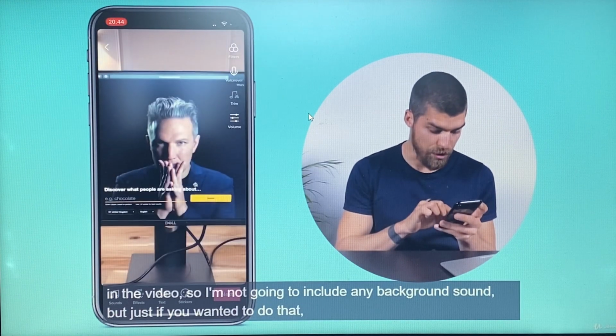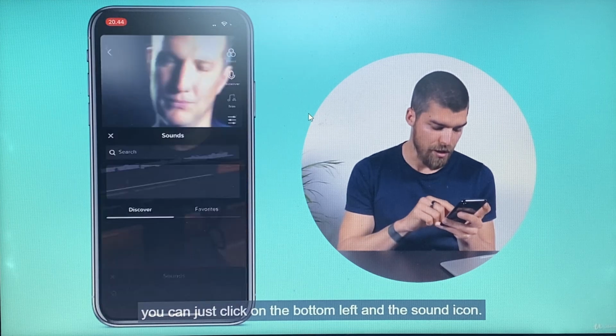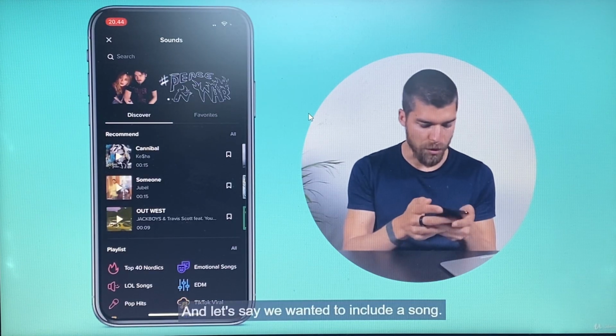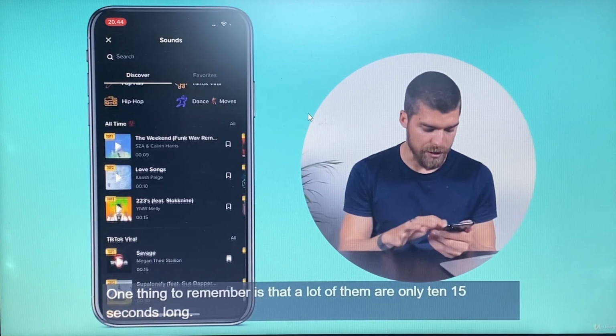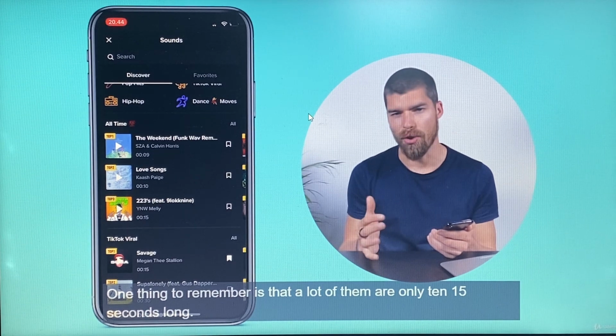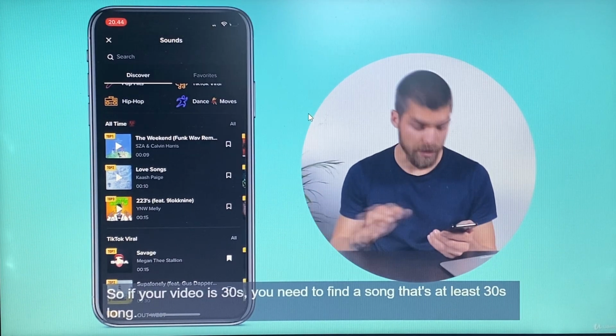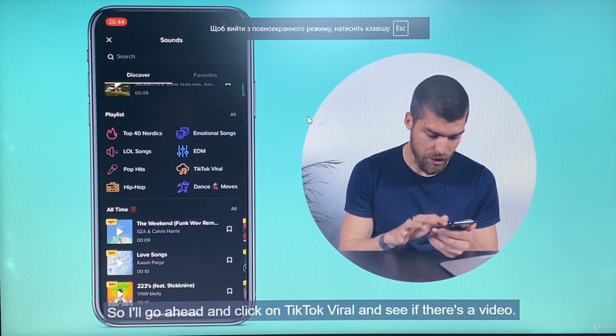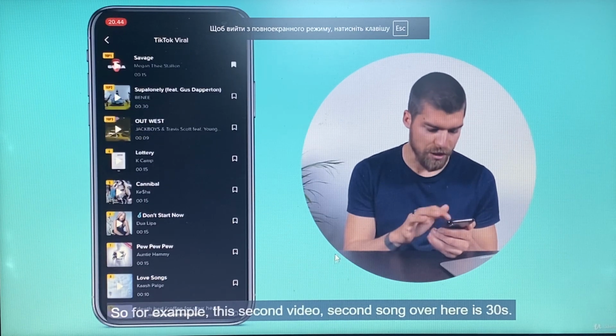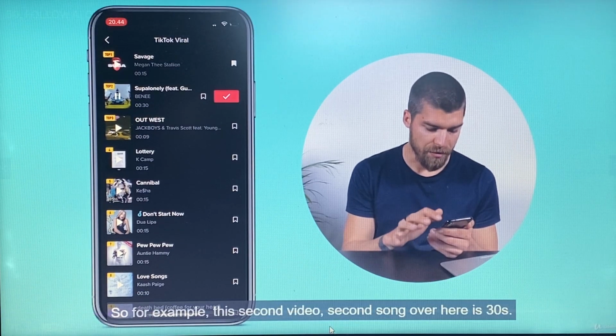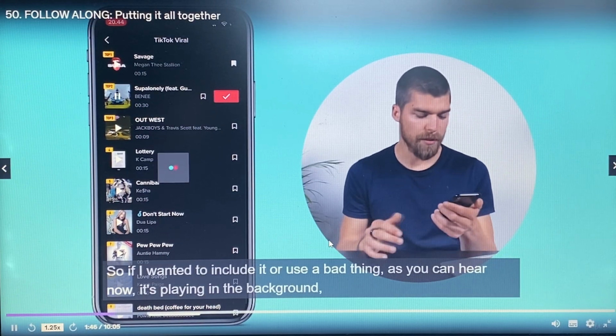But just if you wanted to do that, you can just click on the bottom left on the sound icon. It'll jump up the sound. And let's say we wanted to include a song. One thing to remember is that a lot of them are only 10-15 seconds long. So if your video is 30 seconds, you need to find a song that's at least 30 seconds long. So I'll go ahead and click on TikTok Viral and see if there's a video. So for example, this second sound over here is 30 seconds. So if I wanted to include it,